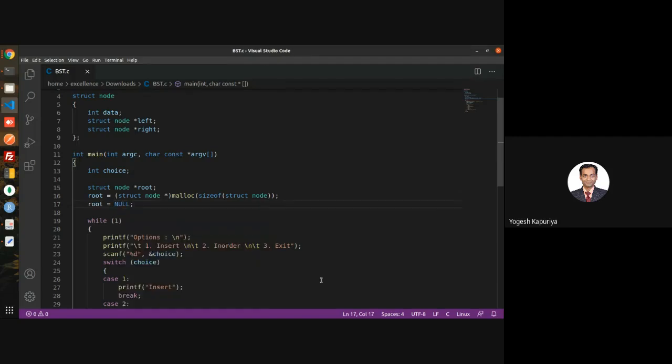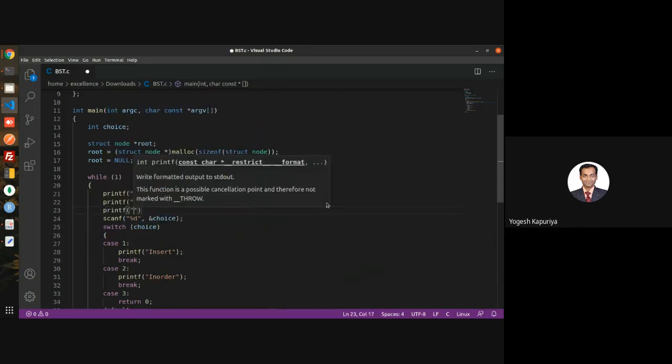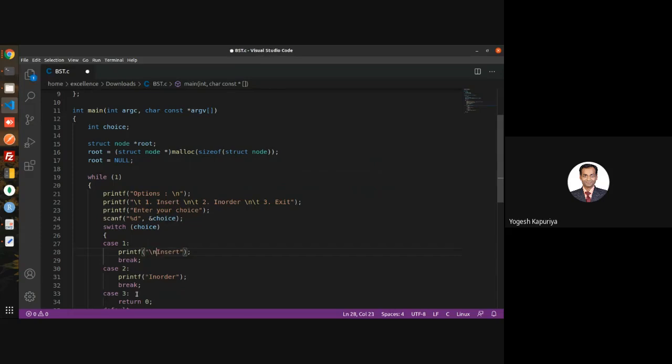Okay. Now what I'm interested in is inserting something. So let's say you take the number from the user, what you want to insert.